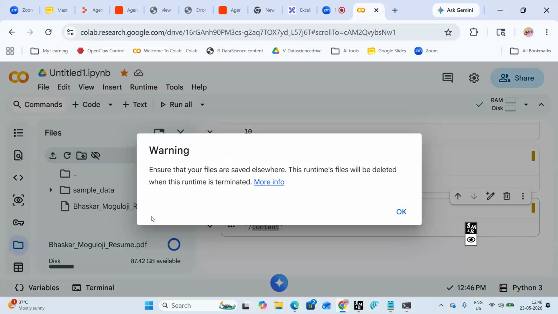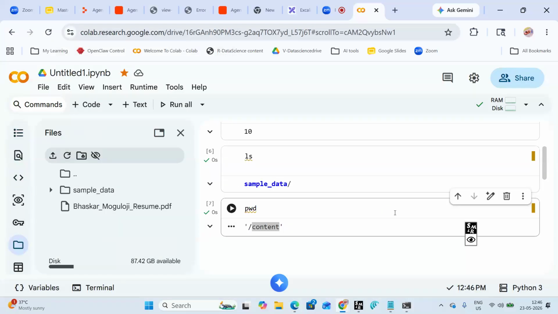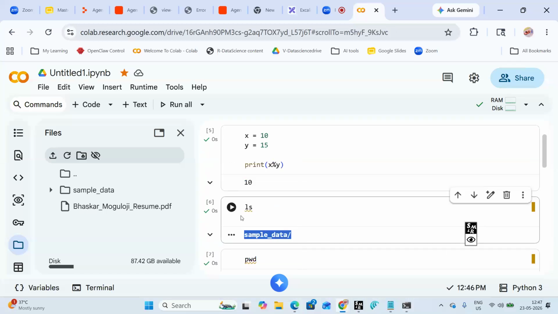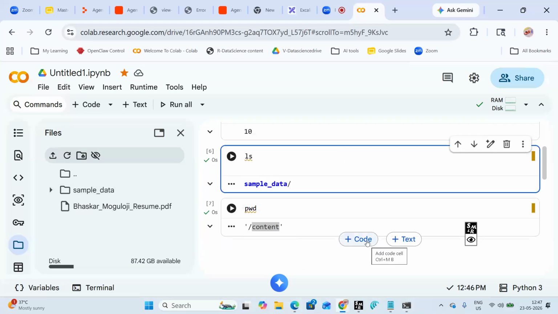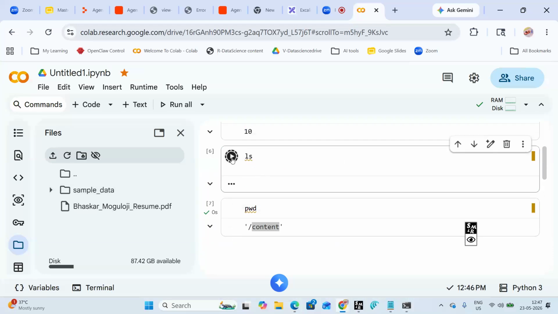I uploaded a student's resume here. When I ran ls earlier, it only showed me sample data. Now if I run the same command again, it shows both.